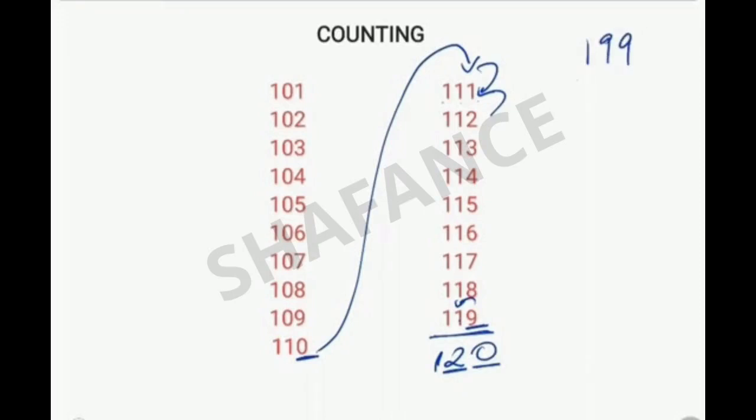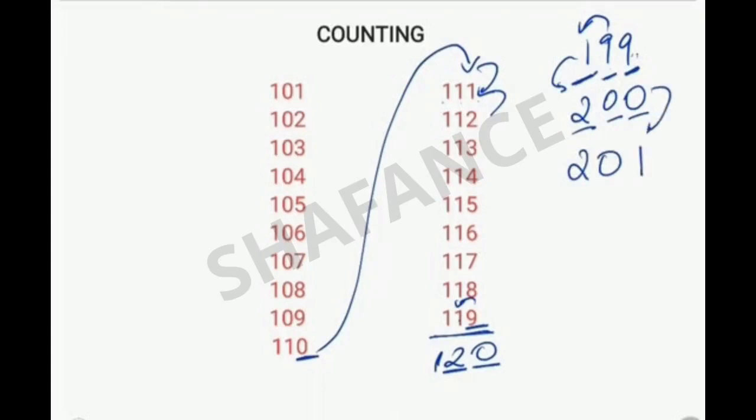So it goes on like this till 199. So now we can again see that this is at maximum, this is at maximum. So the one left to this 9 is this place. So now we'll change this place. From 1 it will become 2. And since this has changed, all the digits right to it would become 0. So after 199 comes 200. And again the counting starts from 201 because we'll change this place.